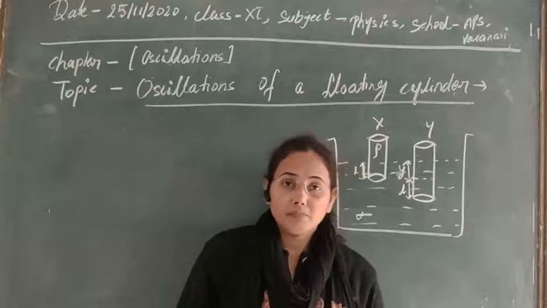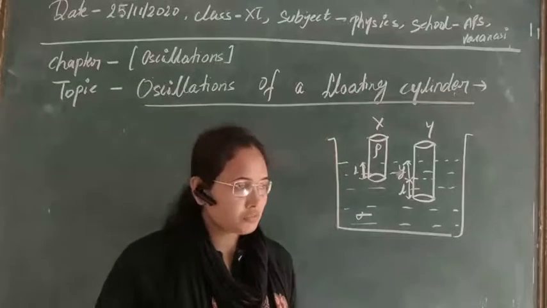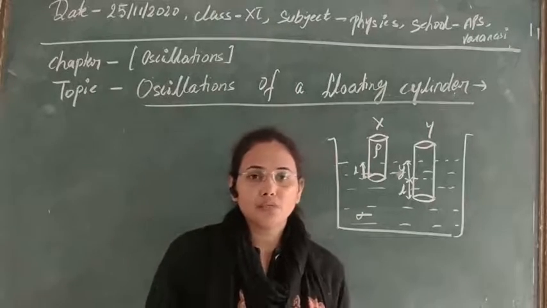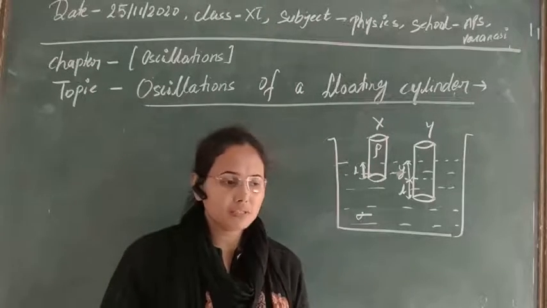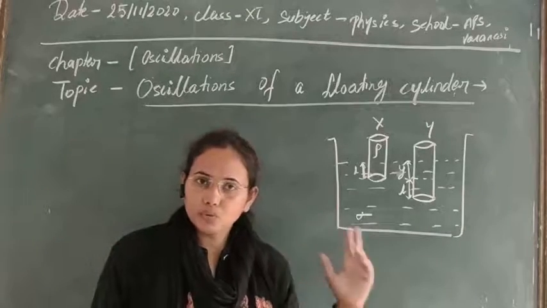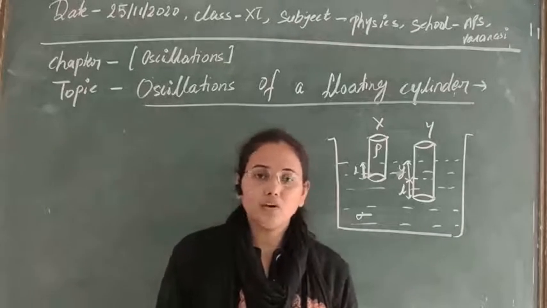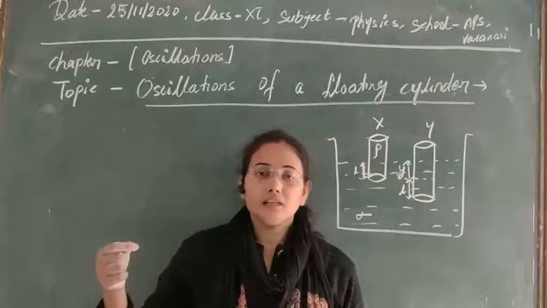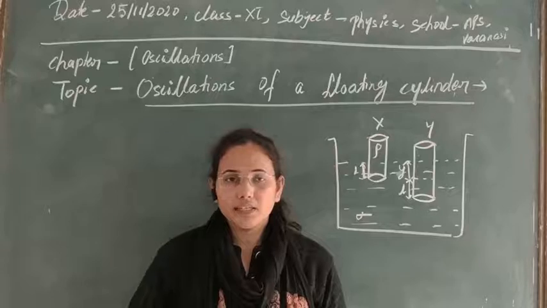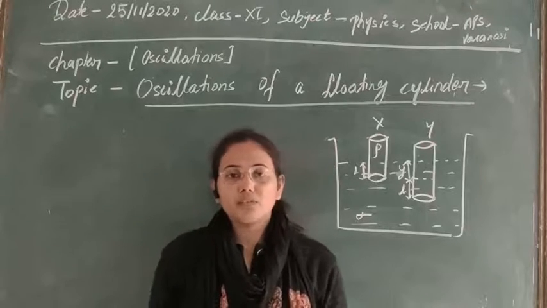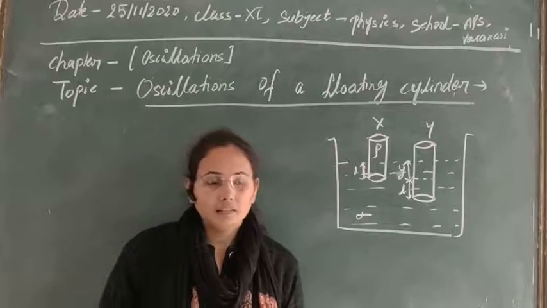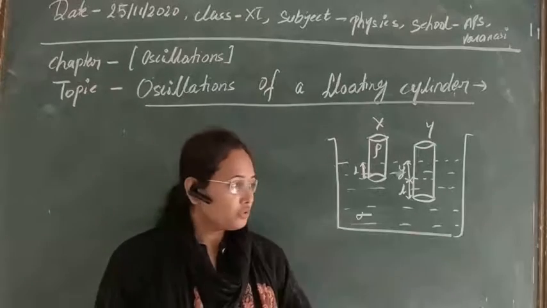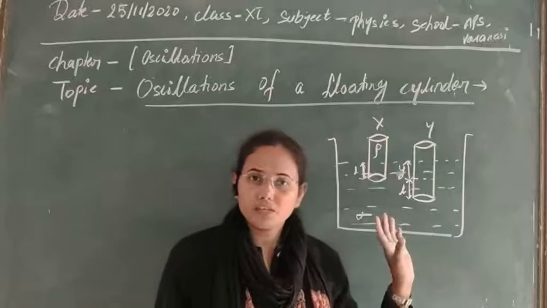same thing. In simple harmonic motion, the system should be free from resisting forces, dissipating forces. There should be free oscillations, meaning there will only be two types of forces acting on the system. First is the displacing force, meaning we are displacing the system by some force. Obviously, as you know, Newton's first law tells us that there will be no displacement if we are not applying any force on it. So obviously due to application of force there will be some displacement.